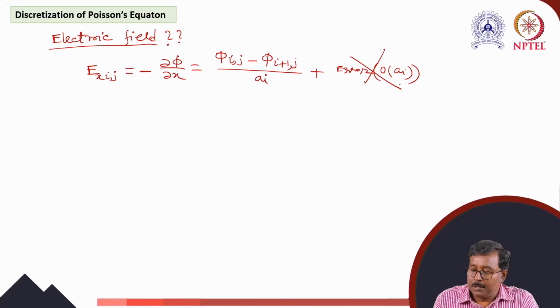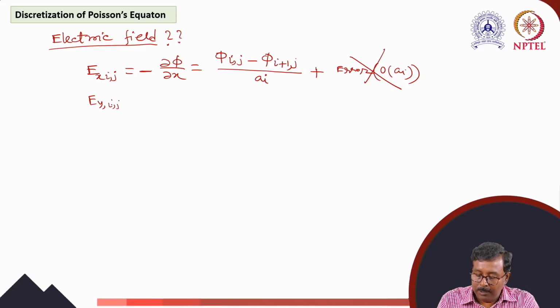This error is there because we are using the forward formula here. For the derivative, we are taking the forward difference method. That's why phi ij minus phi i plus 1 j by ai, because the minus sign is there. The actual formula is phi i plus 1 j minus phi ij, but due to the minus sign, it changes. That is its position, phi ij minus phi i plus 1 j. Similarly,